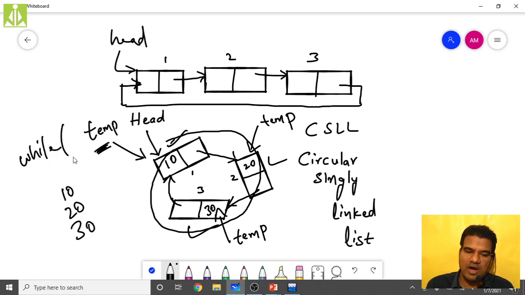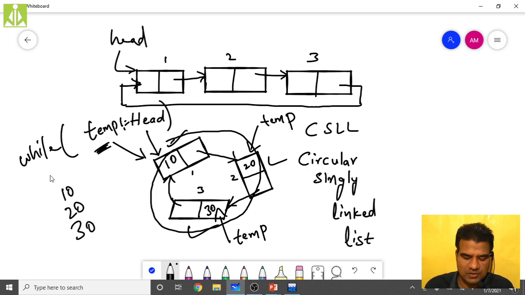We are running this loop while temp is not equal to head. Once it becomes head, this condition will fail and the loop will exit.